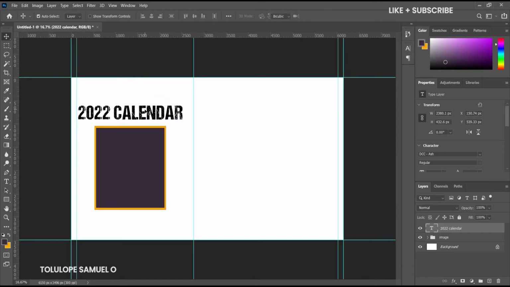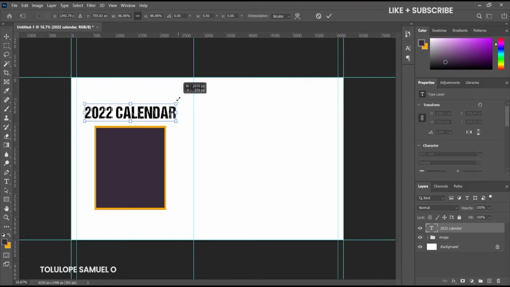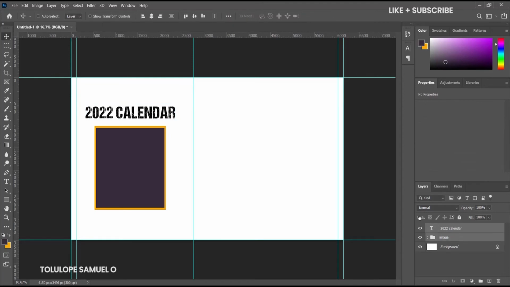I'll press Ctrl T on my keyboard to reduce it to be in shape with the image. So I'll click OK now. I'm okay with it like this. Select the two of them together and align them. After aligning them, I can increase the spacing or bring it down. I like to increase it a bit, and then press Ctrl G on my keyboard and name this left. After doing that, I'll press Ctrl A, and I'll align the two of them together, press Ctrl D, and yes, I'm good to go.